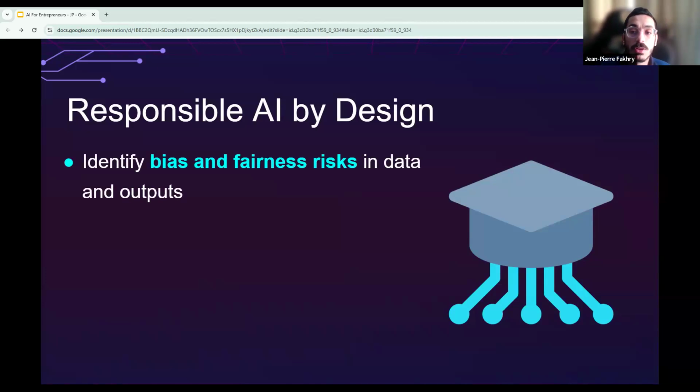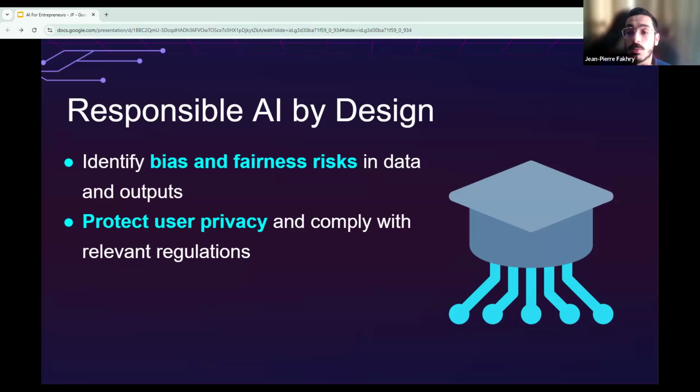And when you design your product, ask who could be harmed if the model makes a wrong prediction. For example, in our case, it was female applicants. Could it be low income borrowers? Could it be students from under-resourced groups, and so on? So this is a very, very important point, guys.